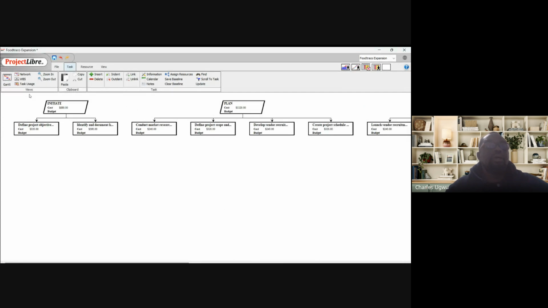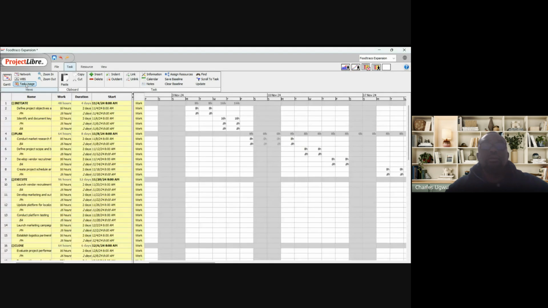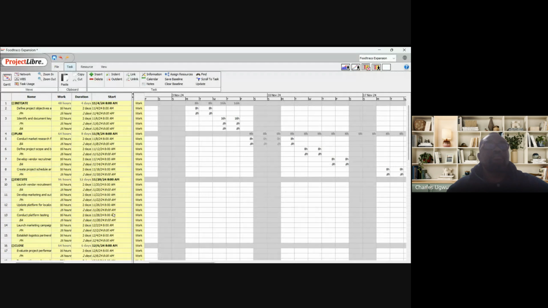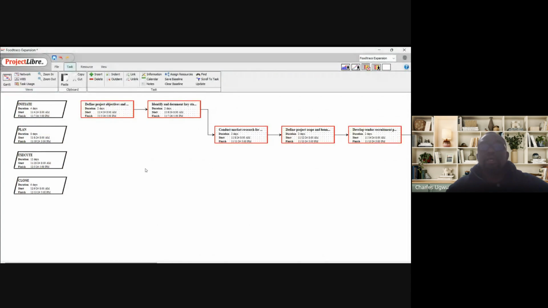And then we want to see task usage. See, everything is now captured here. See, define project, manager, and time, and everything is showing here how this work is going and how many hours they are going to take. And then next work here is